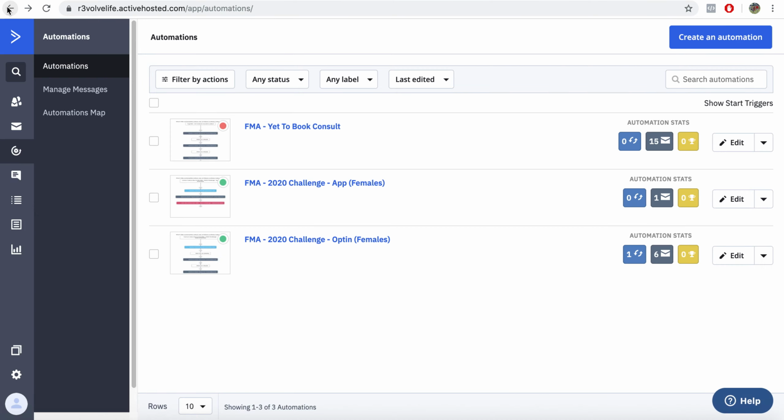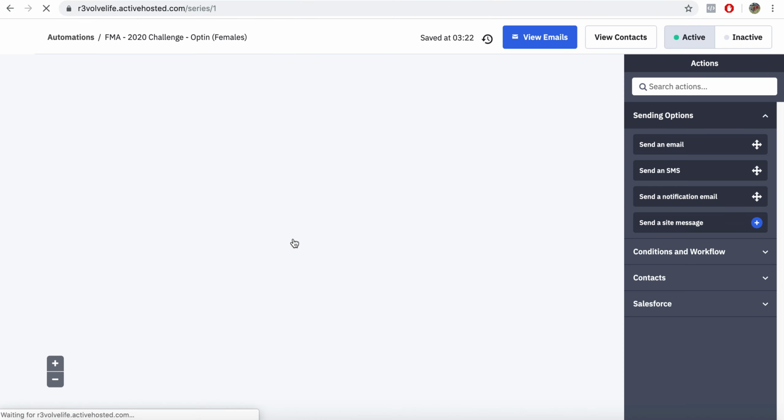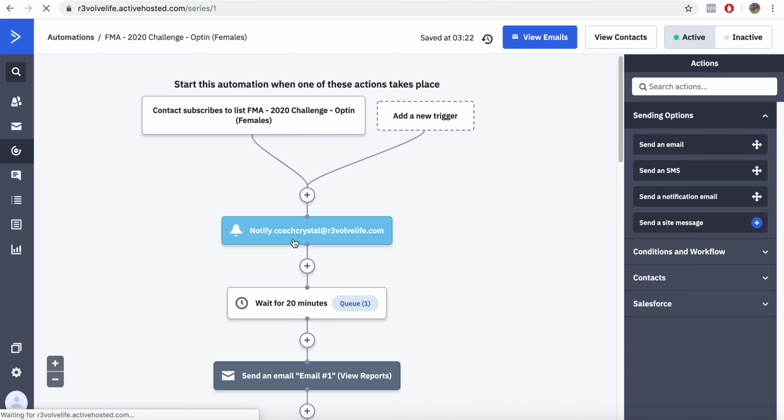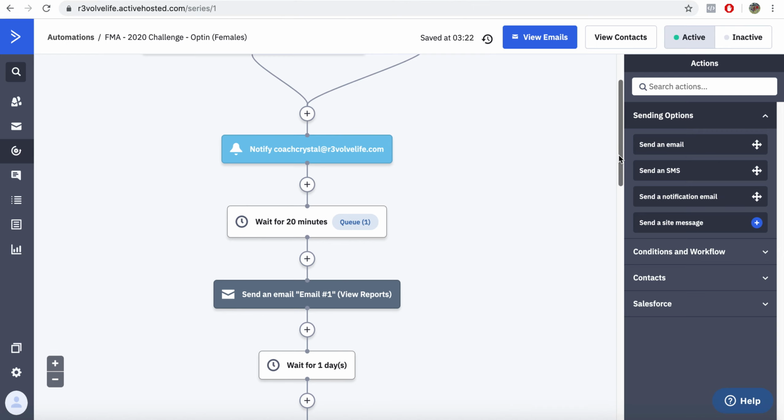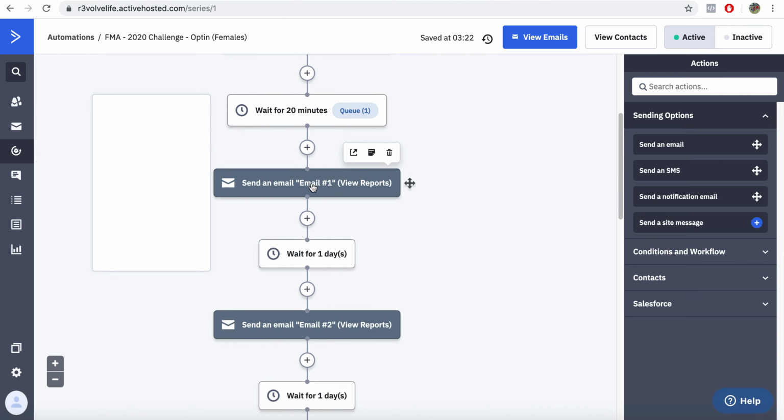Now I'll just go back, and this is what happens if they do the first bit. If you saw when I went to your funnel page, there was a little pop-up that happened. That would be if they did that, then afterwards, for some reason, they did not fill out the whole application page. So you will get a notification that they did opt in, but nothing else, and then wait for 20 minutes, and then they will send a first email,